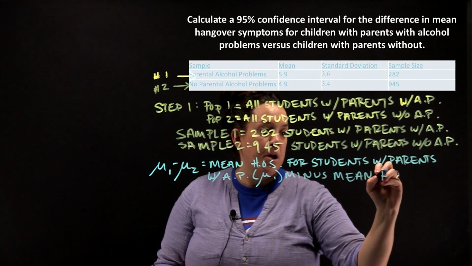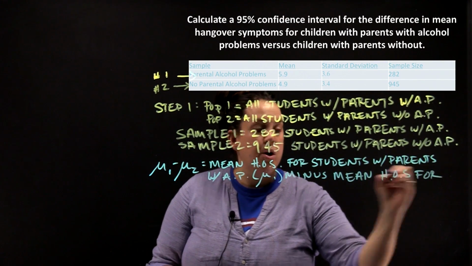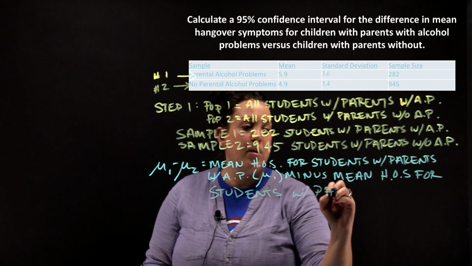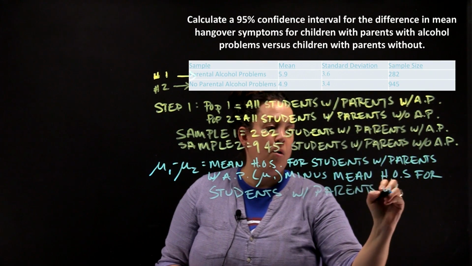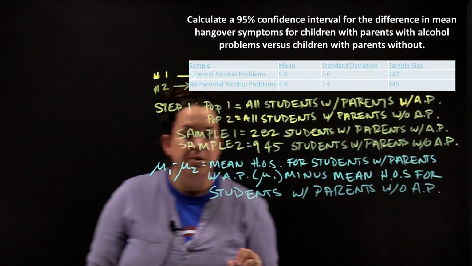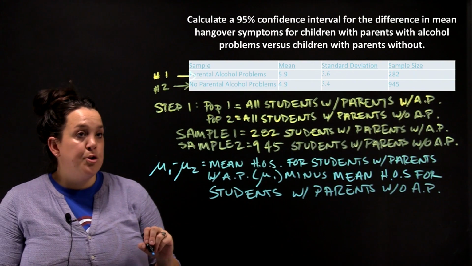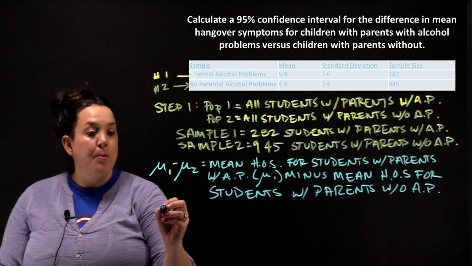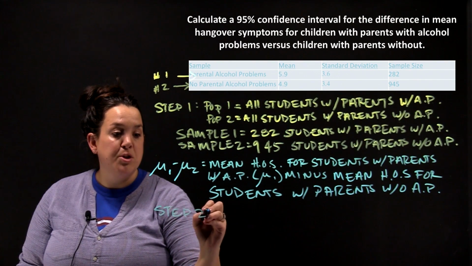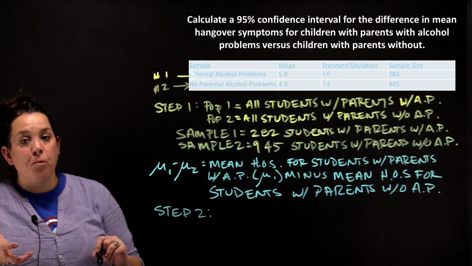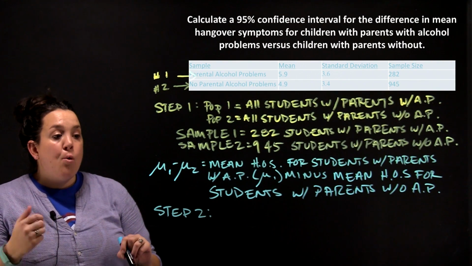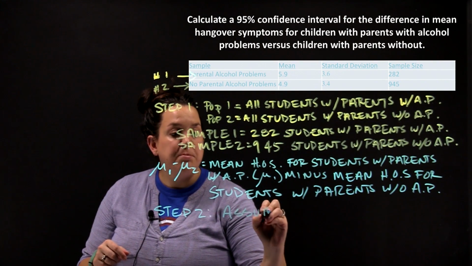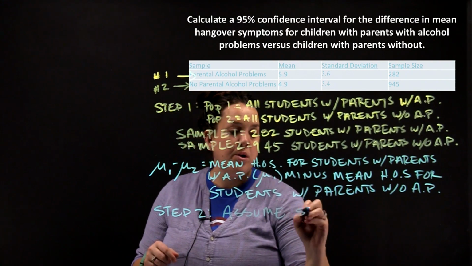So mean hangover symptoms for students with parents without alcohol problems. So that's helpful when we get to making our interpretation of the confidence interval to have already written our parameter definition. So we'll now move into step 2, which is stating our assumptions. And if you remember from what we talked about in hypothesis testing, we have to assume for these problems that the sampling distribution for x bar 1 minus x bar 2